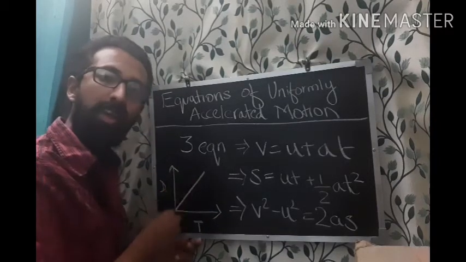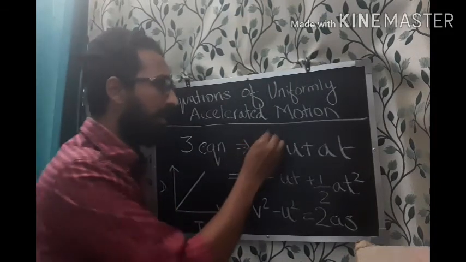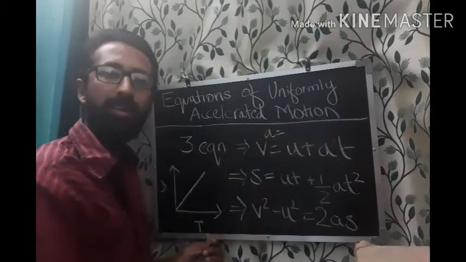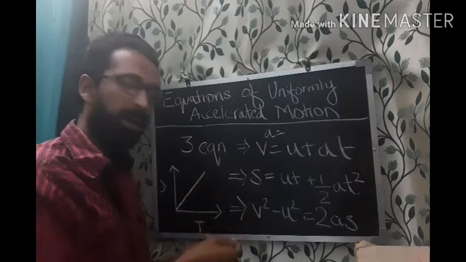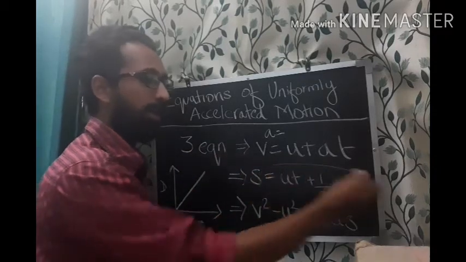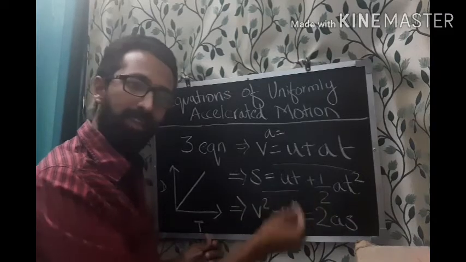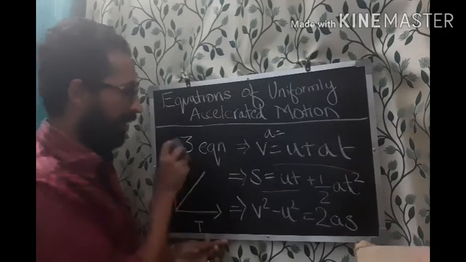where the body is accelerating at a uniform speed, whatever its acceleration is, it is a uniform acceleration. It is not for an acceleration that is sometimes increasing and sometimes decreasing. Rather, for uniform acceleration, whenever we study it, we use these equations, whenever a body is accelerating at a uniform speed. So these are the three equations.